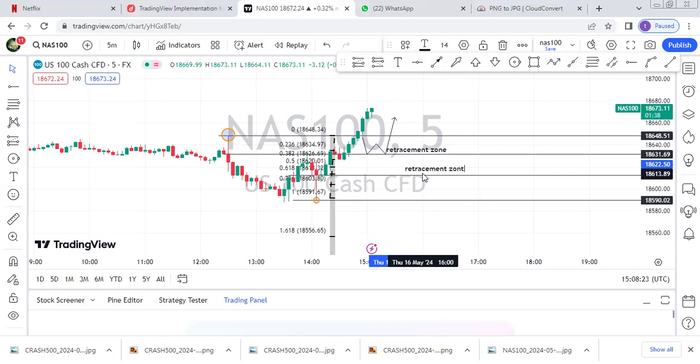So here we'll be retracing on the demand, the discount. So these areas here are the ones that we expect the market of Nasdaq to retrace or to make some